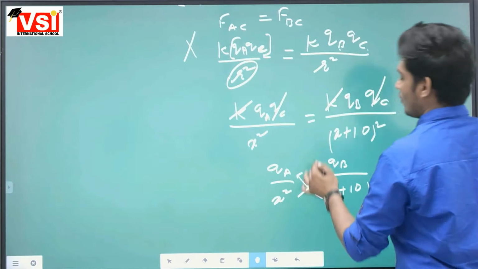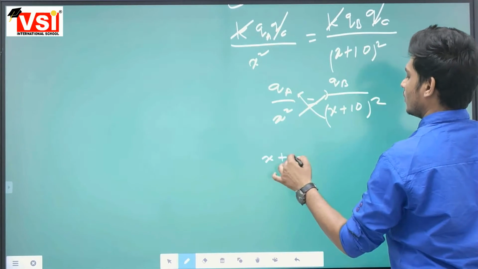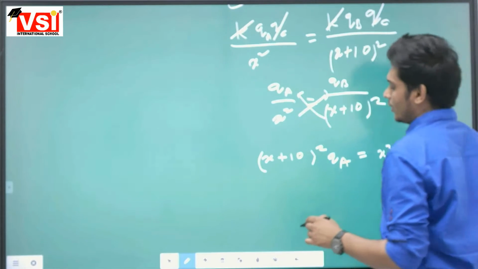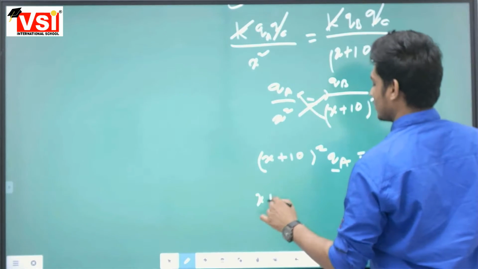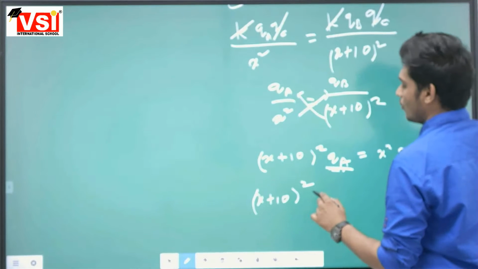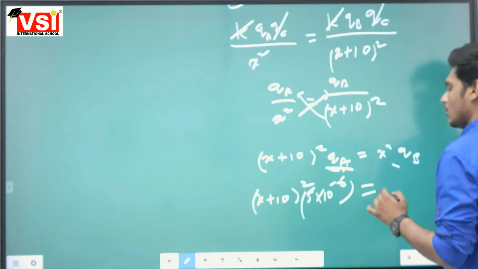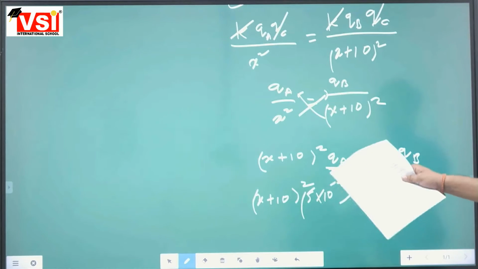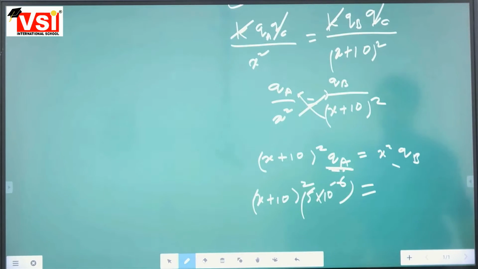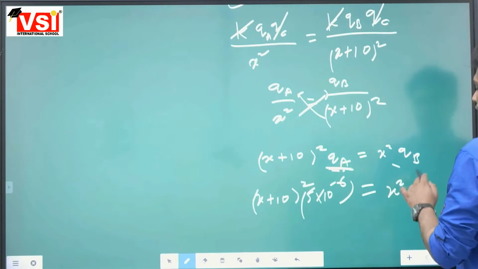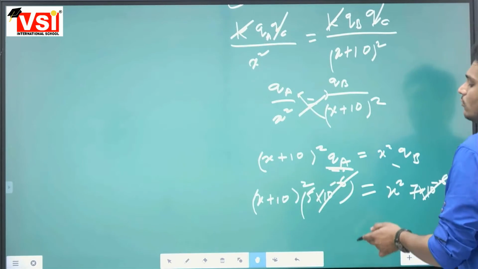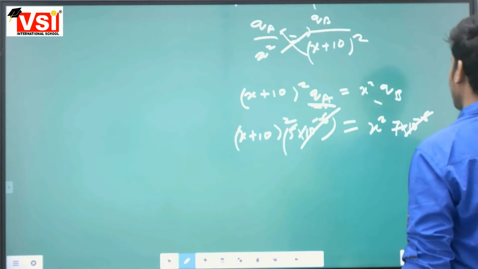By cross multiplying, we could write here x plus 10 whole square QA is equal to x square QB. Substituting the value of QA and QB, we could say x plus 10 whole square, the value of QA is equal to 5 into 10 raised to power minus 6 coulomb. Don't consider here sign, because we have already taken here that the force between QA and QC must be equal to the force between QB and QC. So we are just talking about the magnitude. We have already considered the sign. And x square, value of QB is 7 into 10 raised to power minus 6 coulomb. This micro will cancel out this micro, 10 to the power minus 6 gets cancelled out by the 10 to the power minus 6. So the remaining quantities are